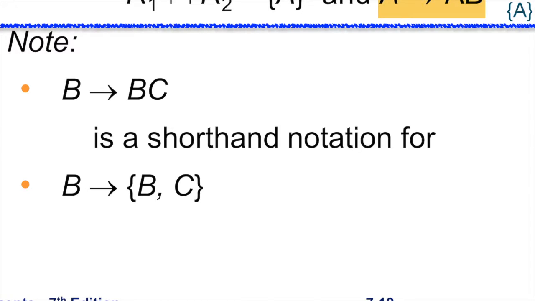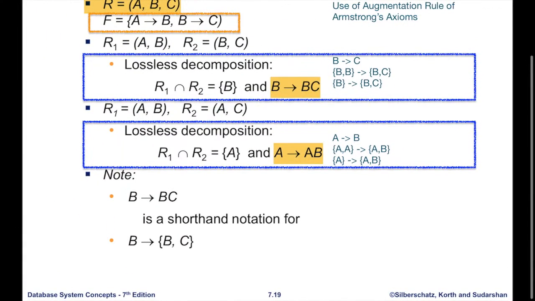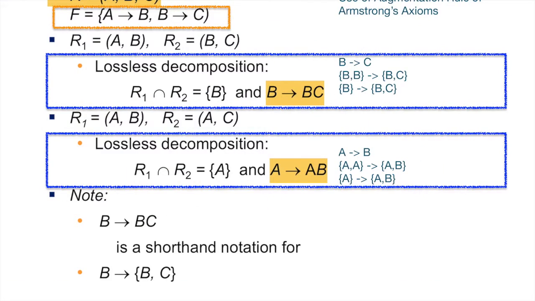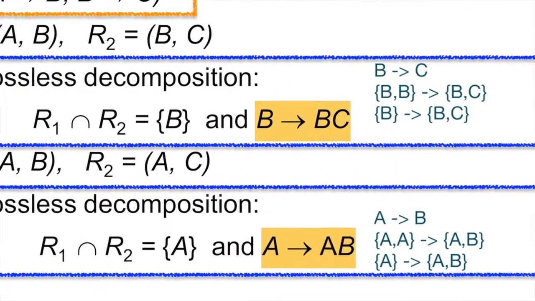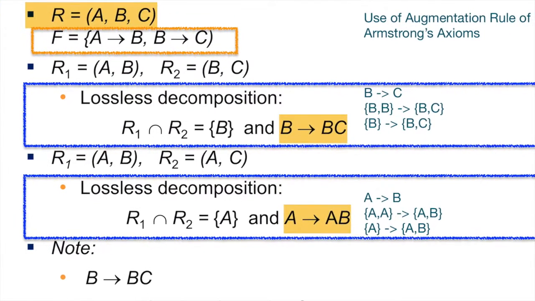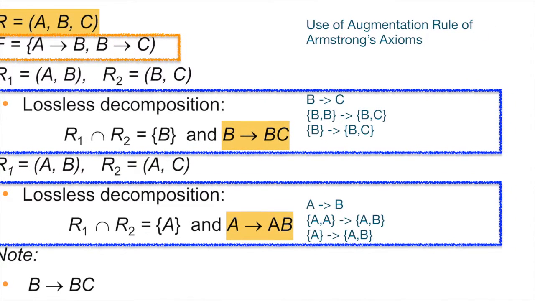This is just a shorthand notation for indicating that B and C is a member of the set. Okay. So, paano na imply yung B to BC na functional dependency? And paano napakita that this one is part of the closure of F? From the book, you can actually see that there are several rules that are used to obtain the closure of